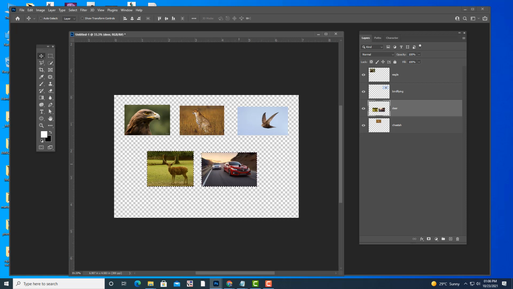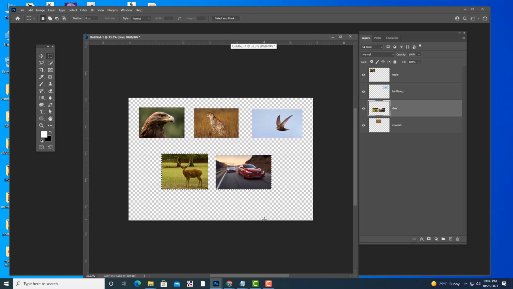See, can you see? Now what we want to do is, I will remove the selection for a particular layer, and then I will paste it in a separate layer. So how will I do it? See, I want to remove this car image from this layer and put it in a separate layer. Okay, so how we can do that? First we want to remove the selection for this deer, because we want selection only for this car, because we are trying to remove the car from this layer and put it in a separate layer.